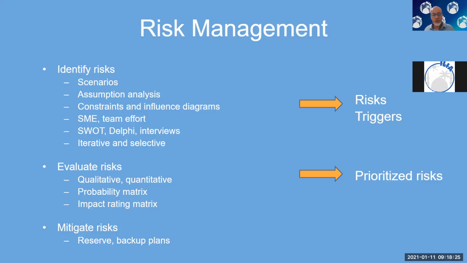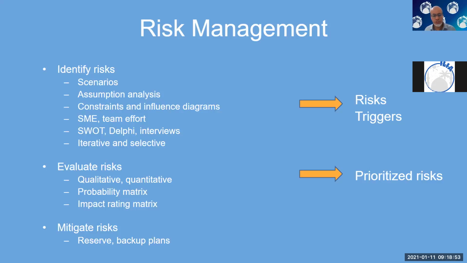Just like anything else on a project, it's iterative. So day one, you're going to come up with 4 or 5 high-level risks, but day 100, they're going to be more detailed, and maybe 4 of those 5 have been closed, and you are presented with another 7 or 8 risks that you just didn't see. So it's an iterative process, and then you're going to select some risks to work on, to manage. You're not going to work on every risk because that becomes very costly. So that's where the evaluation comes in.